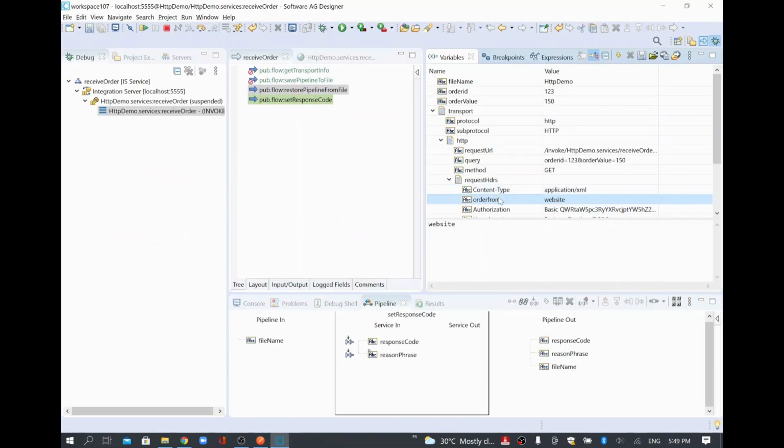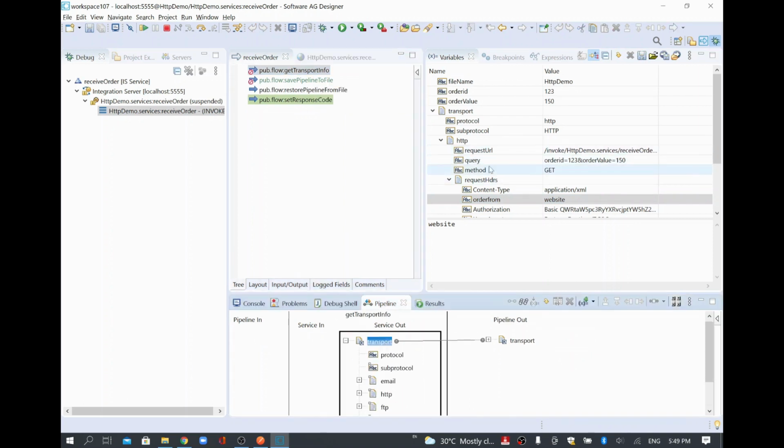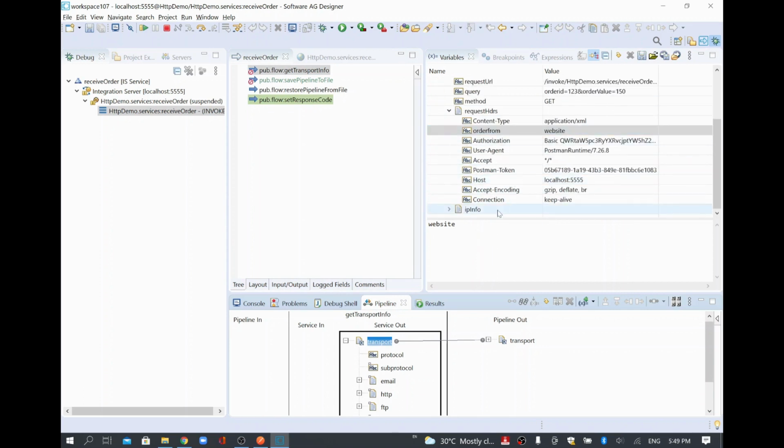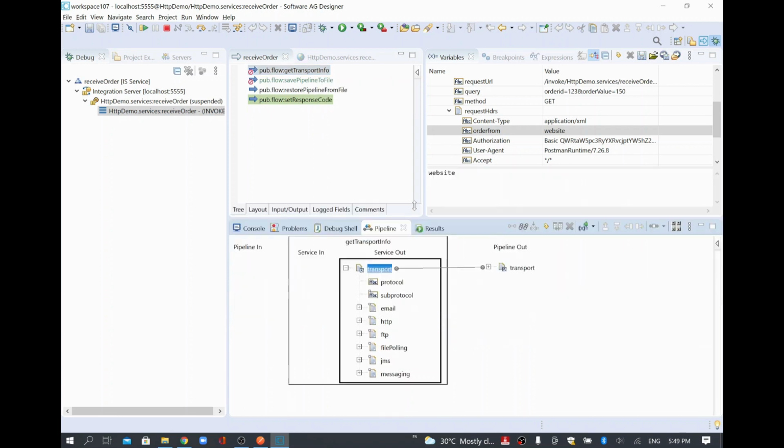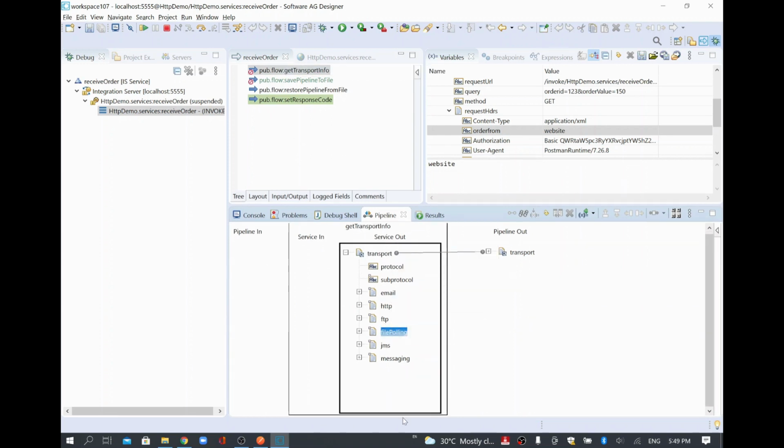In your flow, if you want to capture anything coming in an HTTP header, then you have to use this get transport info service. This way you can use this built-in service to capture the transport information like HTTP level information, all the request coming in the HTTP request header, you are able to see from here. And other than this, you can use get transport info in your other protocols as well. For example, you can use the same flow in your FTP service, file polling service, JMS and other messaging services as well. So it will have transport info, whatever is coming in the particular request, you will be able to capture those kinds of information as well.